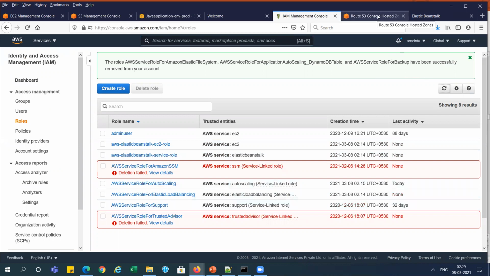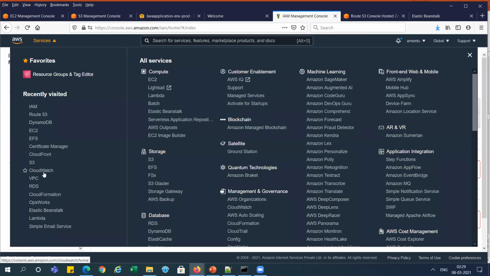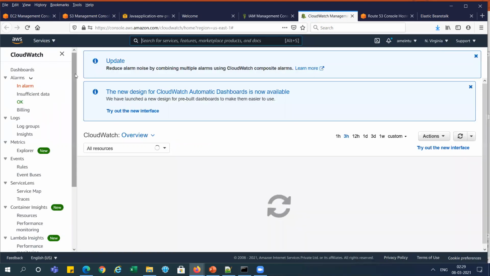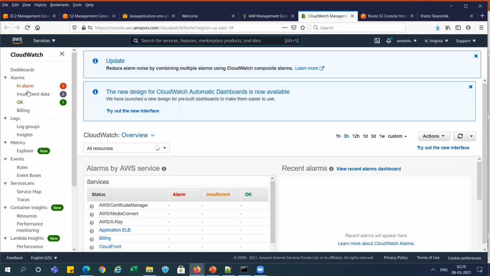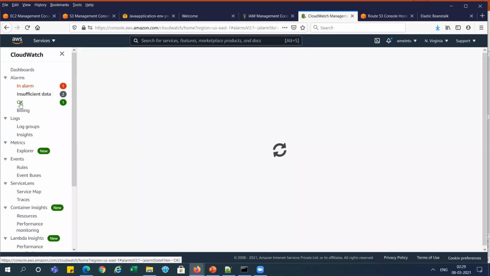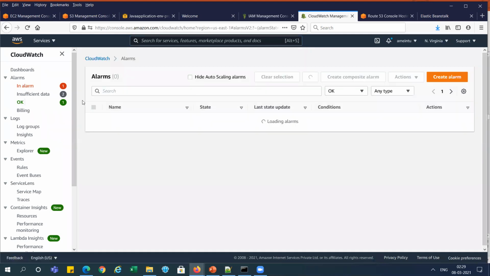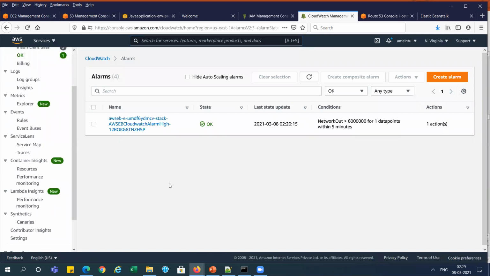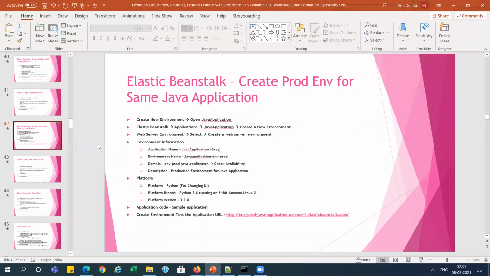And CloudWatch, I will show you CloudWatch also, because it will create alarms also here in CloudWatch. You can see here it is showing 4 alarms. Insufficient data, okay, in alarm, 4 things are there, right? It's created over here.